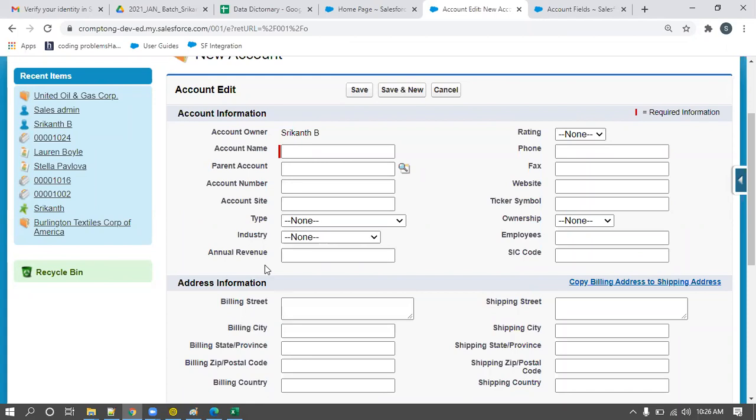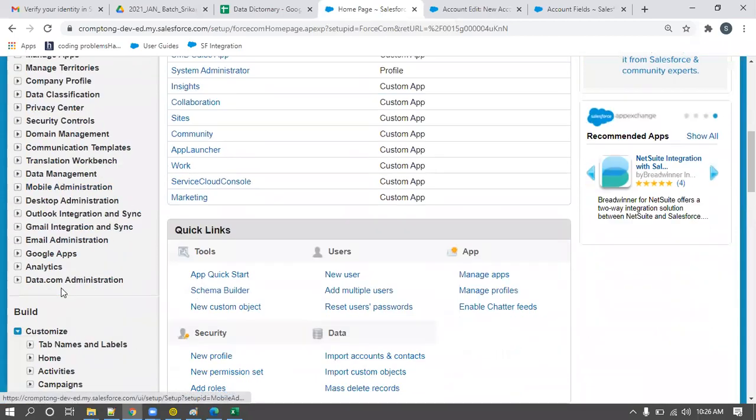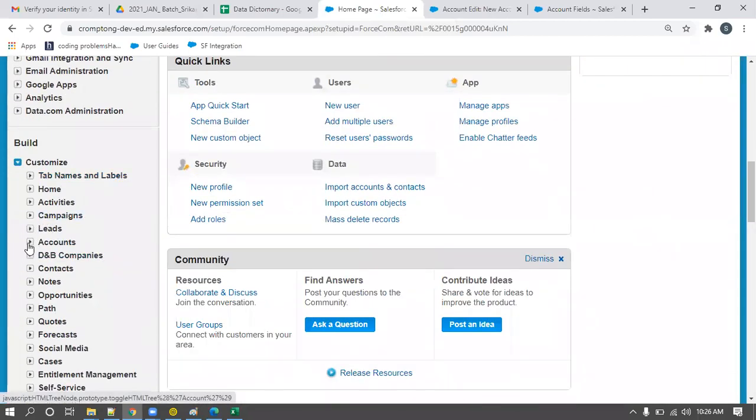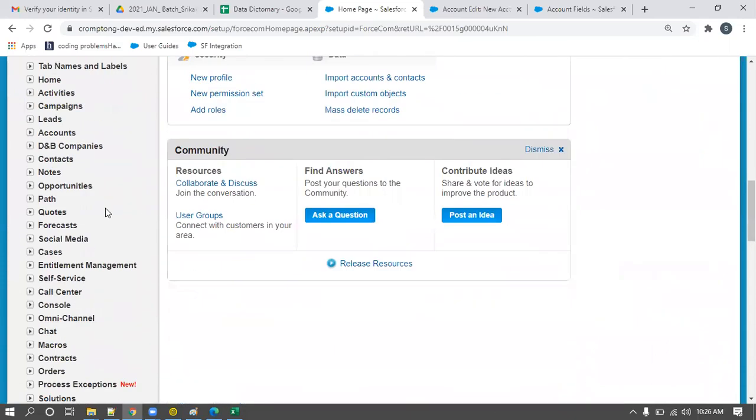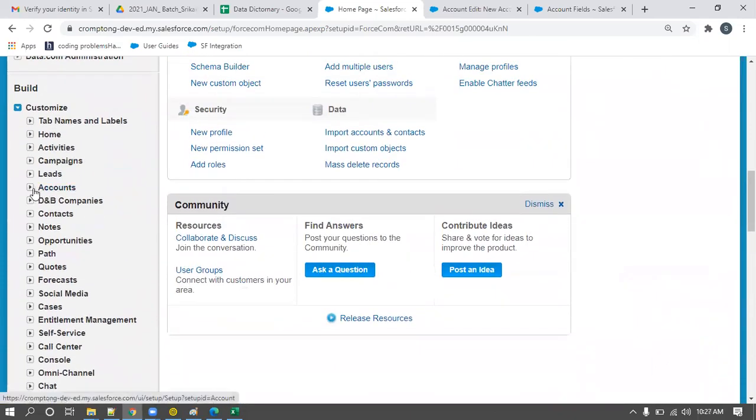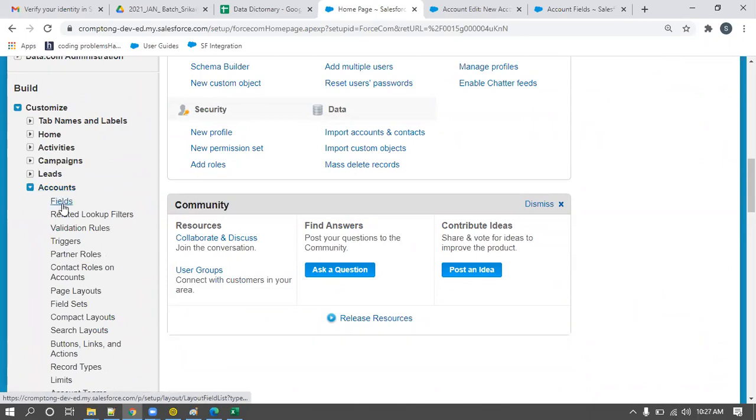Now what should I do? Go to the skeleton. Yes, you come here. Now you open account here. You understood? See the variation. There is so much variation. You have to understand that point. If I am going to create a record, yes, I have tab access. If I want to create a skeleton, if I want to create metadata, then scroll down, come here, there is an account here. Click on this option. Here you can see the